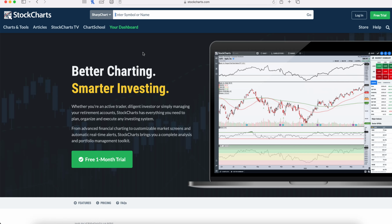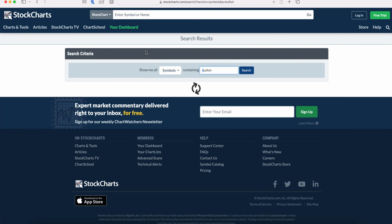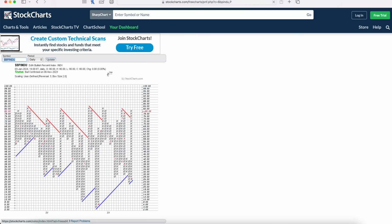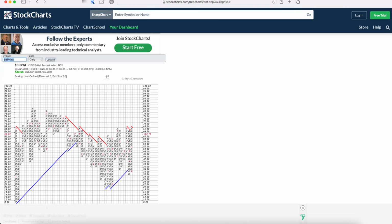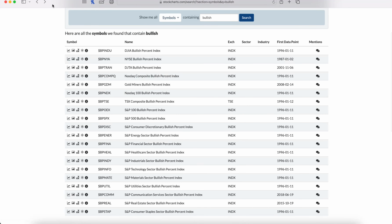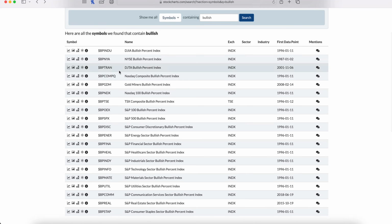Okay, then we go over to stockcharts.com and we type in bullish, and we look at each one of these. So the industrials today didn't move. The NYA, minus 3.12%. That's an interesting chart because it looks so much like the other chart we were just looking at, but it's not the same. The transports